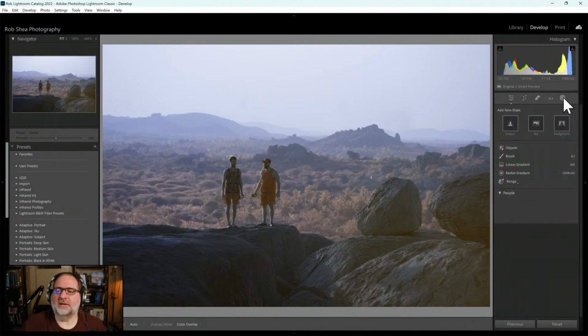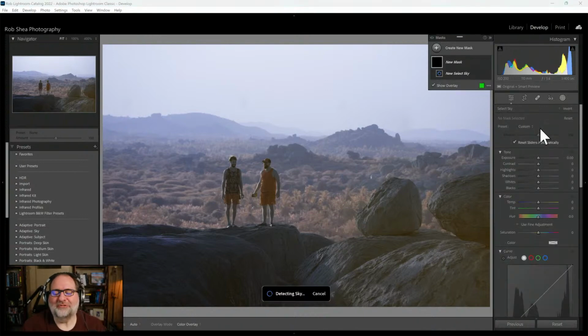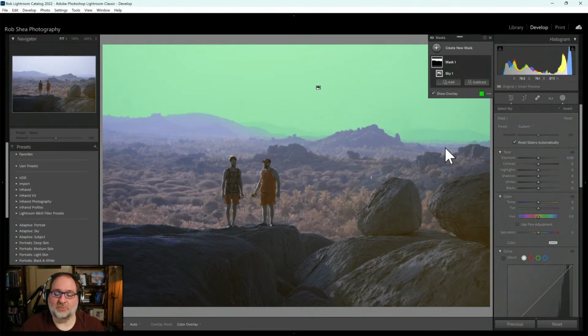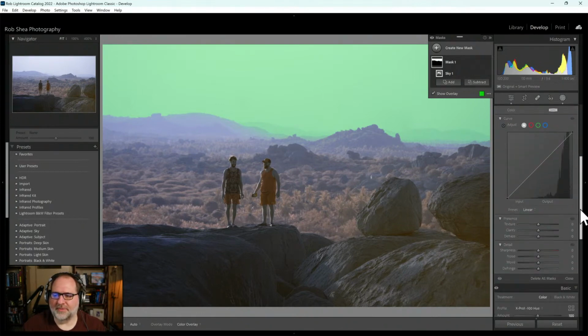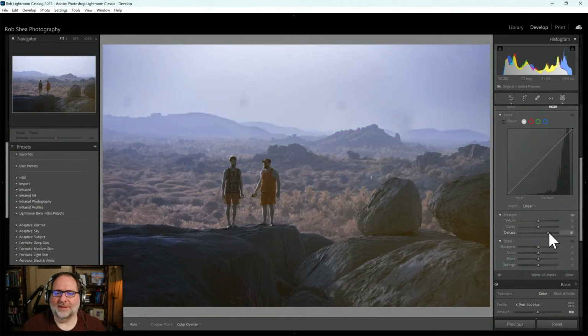So when I look at an image like this, the first thing I'm going to do is see what I can get for free from the masks. If I do a sky, actually the sky looks pretty good. Of course, you don't have a lot going on in the sky here. It's pretty evenly overcast. You don't see a lot of texture in the clouds, and so a dehaze...